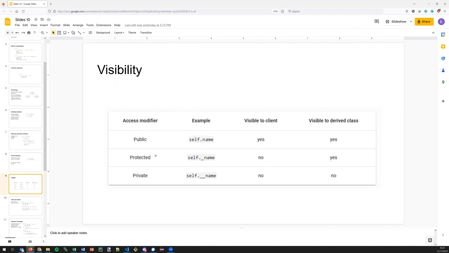But then we have protected members, which are visible to subclasses but are not visible to clients. Now something you need to realize about this protected thing is that in Python, these protected members usually actually are visible to the client as well, but the underscore is a notation telling that the client shouldn't access that member